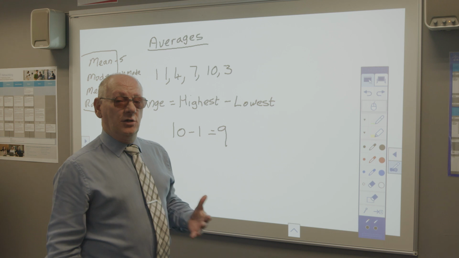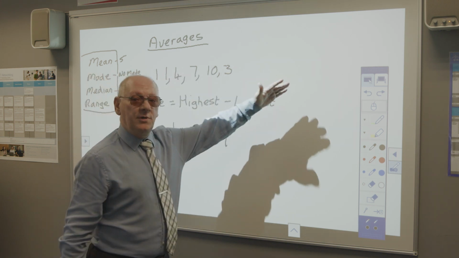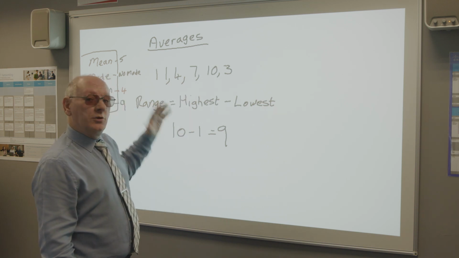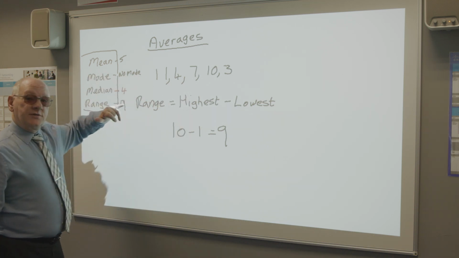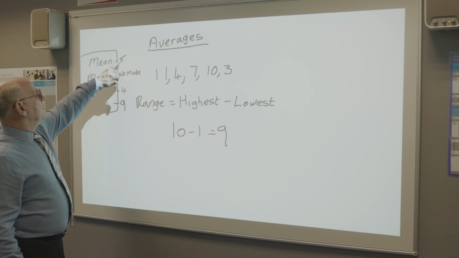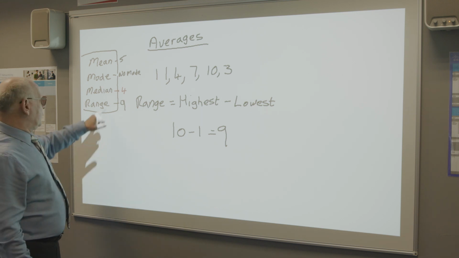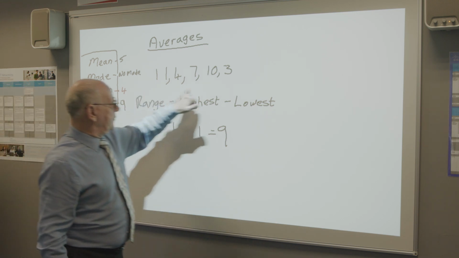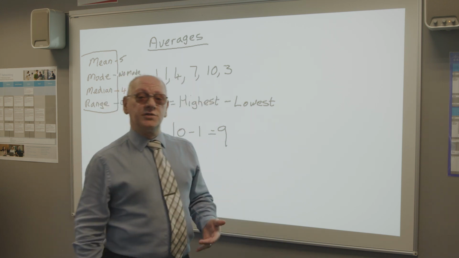So that's averages in a nutshell. It doesn't get any harder than that. You'll get more numbers maybe, but the way you work them out is exactly the same. But look at the answers. We've got a mean of 5, we've got a median of 4, and we've got a range of 9. All from the same list. And this is why politicians love